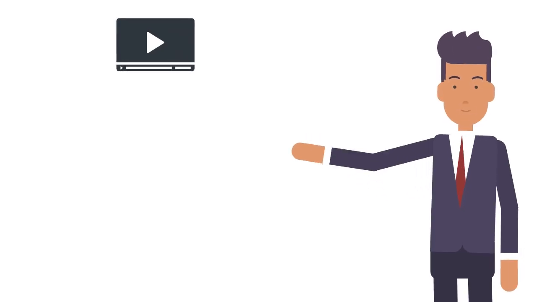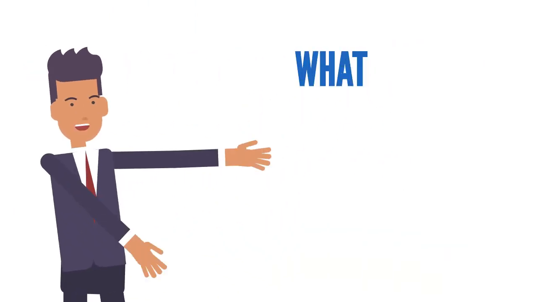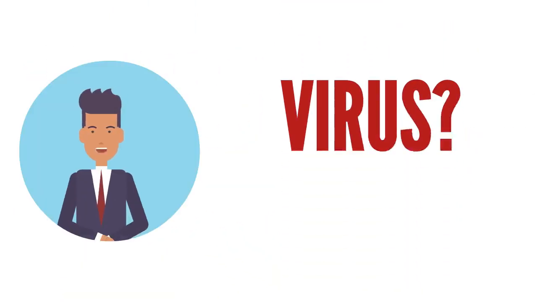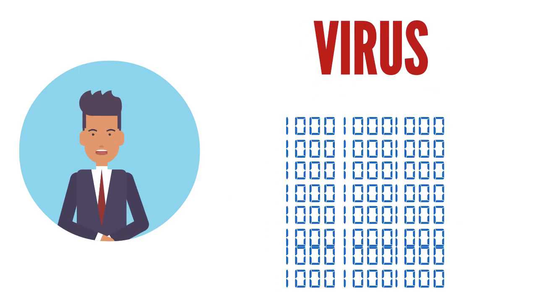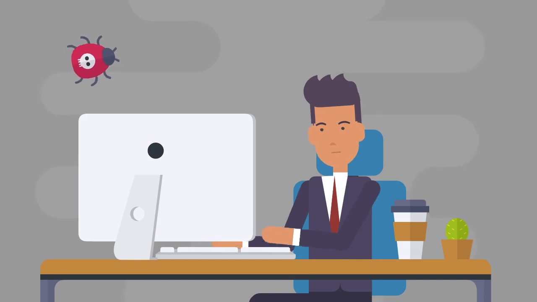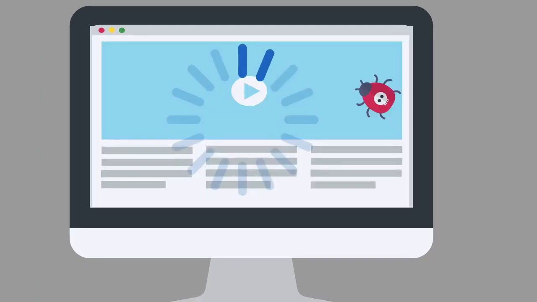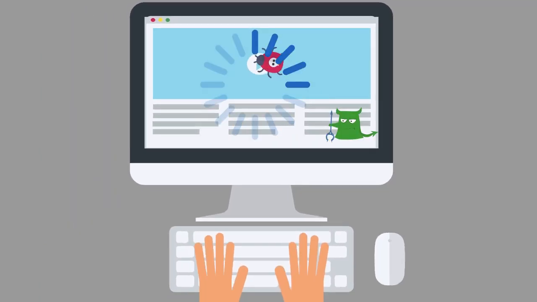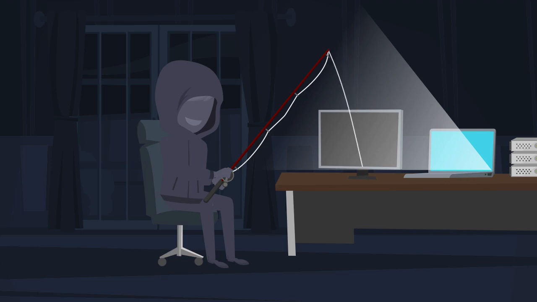In this video, we will talk about computer virus. What is computer virus? Computer virus is a program. It means that it is a set of instructions that enter into the computer without permission or knowledge of the user. It can disturb the normal working of computer. It is usually designed to damage a device or steal our data.